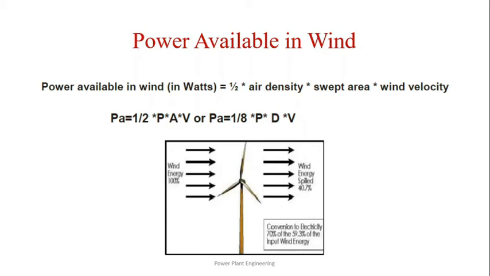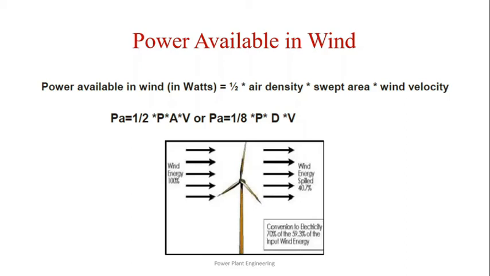The only way to increase the available power in low winds is by sweeping a larger area with the blades. And that's the second key concept from this formula. When the diameter formed by the rotation of the blades doubles, power available in the wind increases by a factor of 4. However, there is no way to harvest all of this available energy and turn it into electricity.